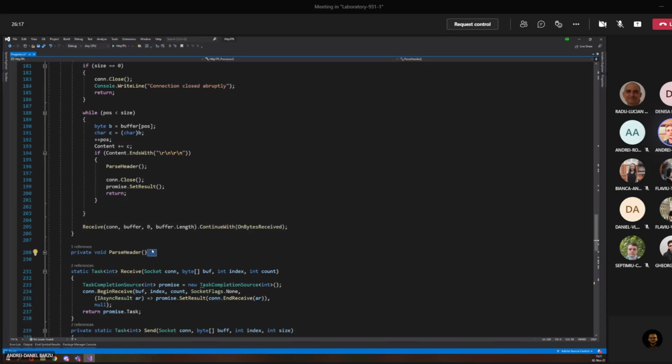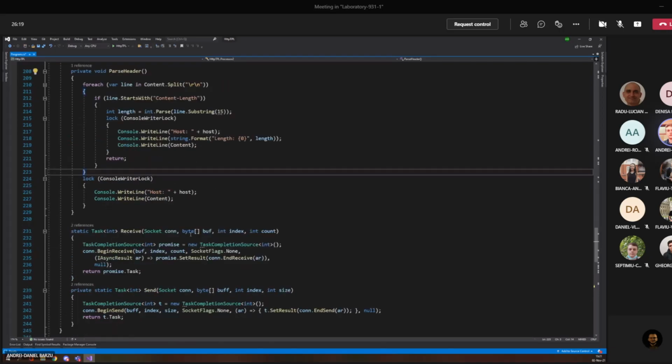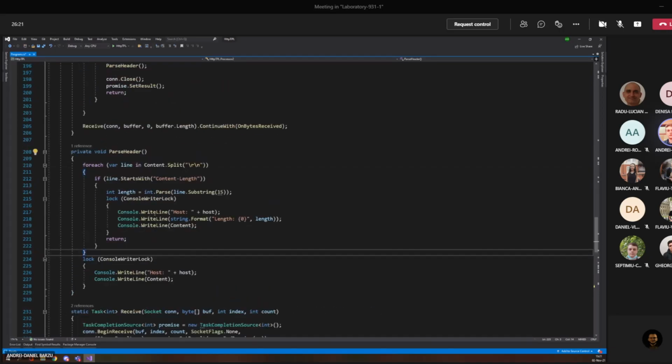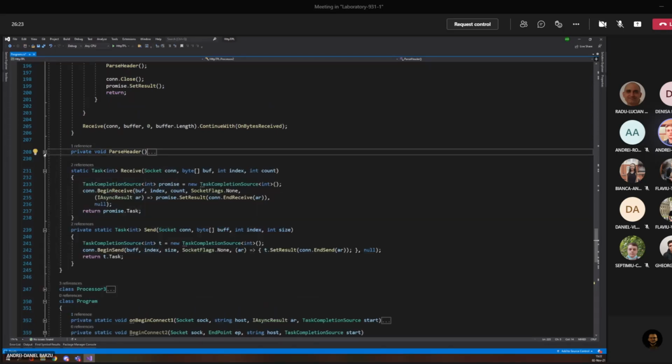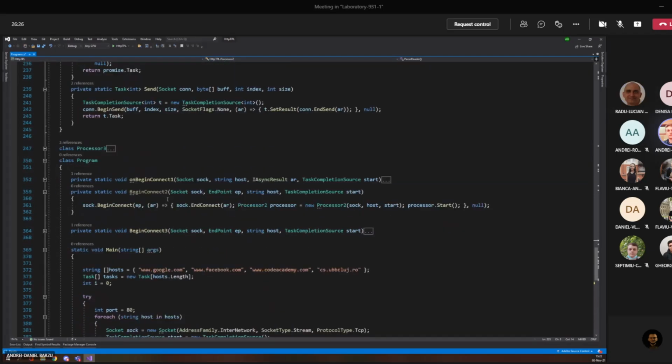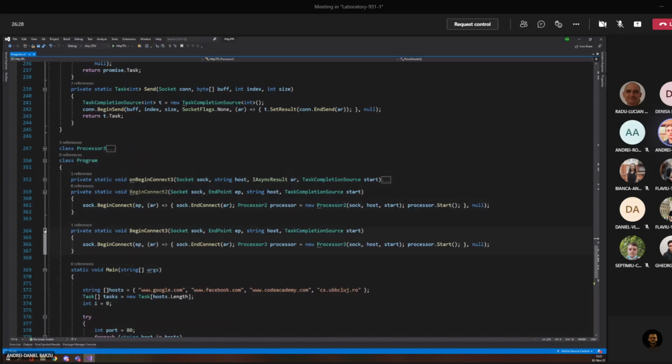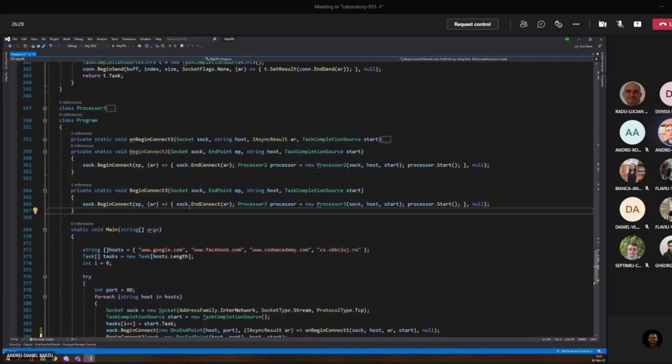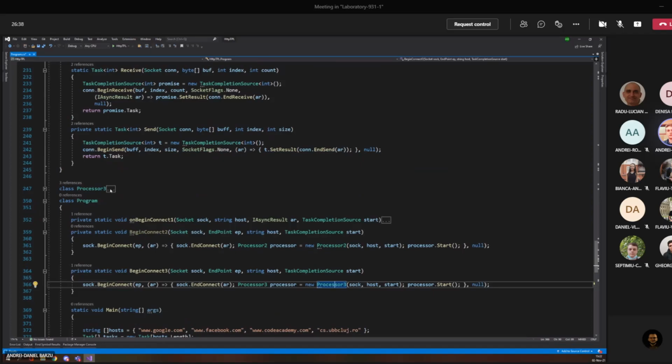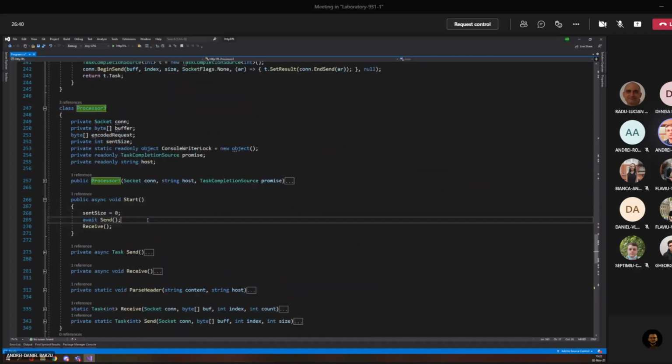And parse header is the same one as before. I just didn't want to make it something static and put it somewhere else. Okay. And the last one is the one with async stuff. This is the only thing that I didn't make asynchronous, so this is still a callback. But then inside the processor, the start method